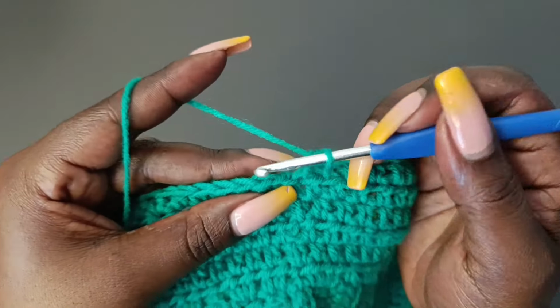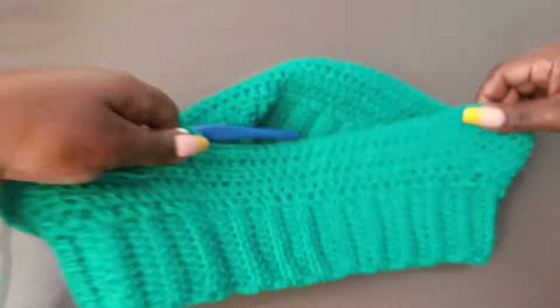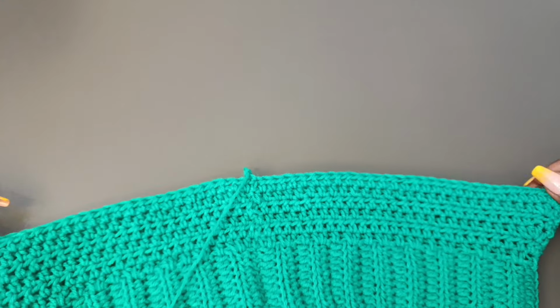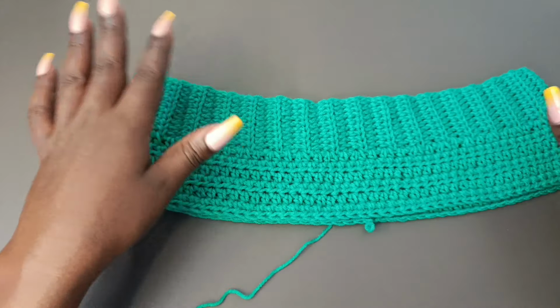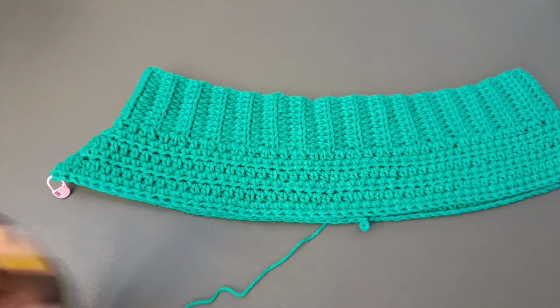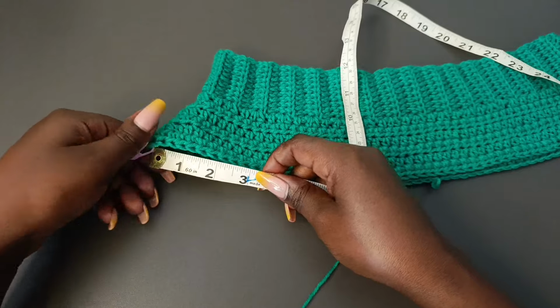I'm at the end of row 6 and I'll do the slip stitch to complete, chain 1 and turn to begin row 7. Now I've already done 2 rows of increase, so I'm going to do row 7 with no increase. And as you increase, you need to take your hip measurements and make sure that you get into your hip measurements. So let's confirm the measurements on the hips of my skirt so far from one stitch marker to